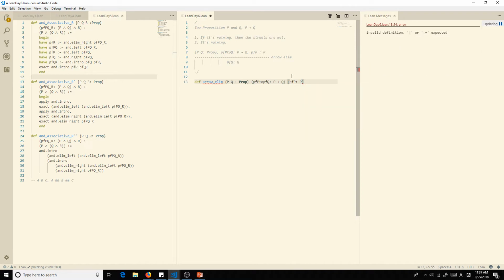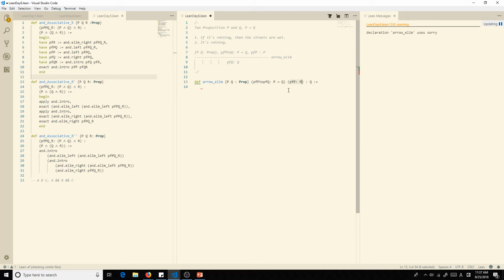All right. So we have our input and our proofs. And we want Q out of this. And we have our bind, and right now we're using sorry as usual. We don't want to do that, so we need to fill this in. Now we've basically given ourselves the tools to do this right here. So we can reread this.